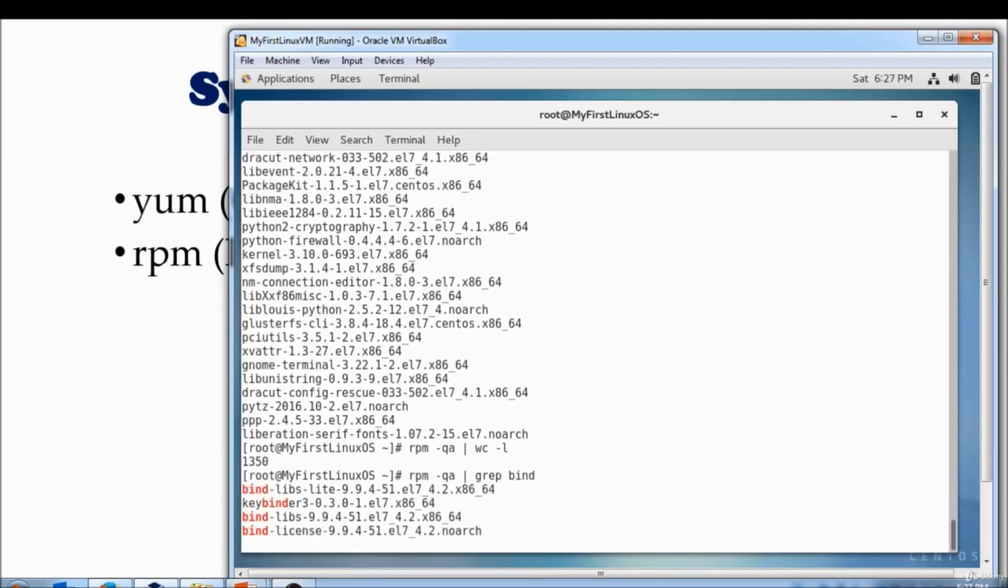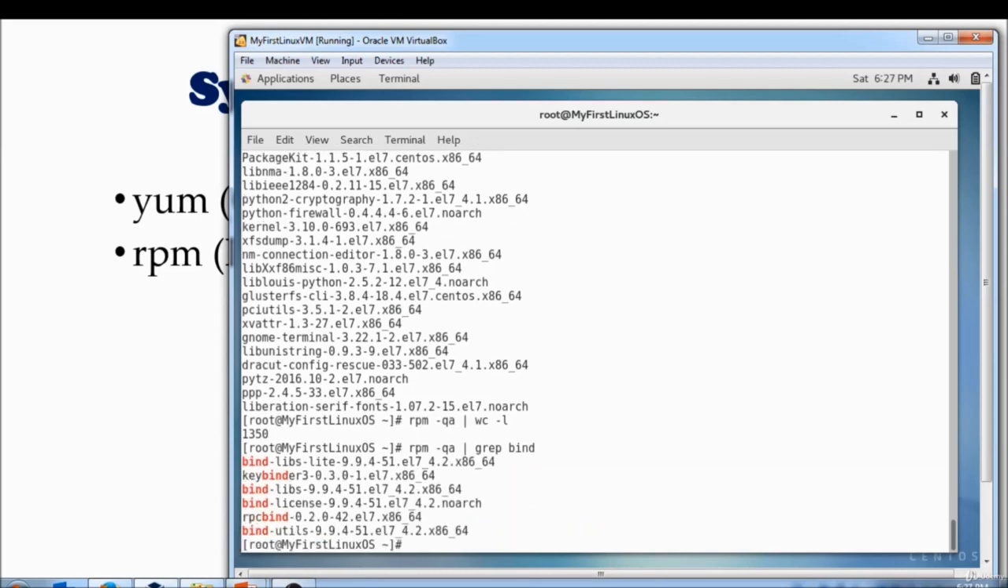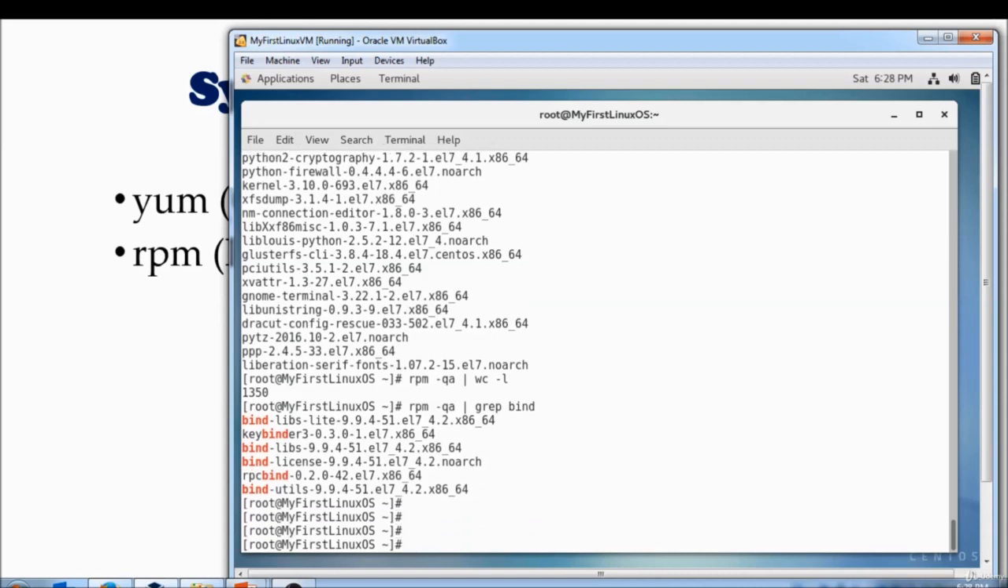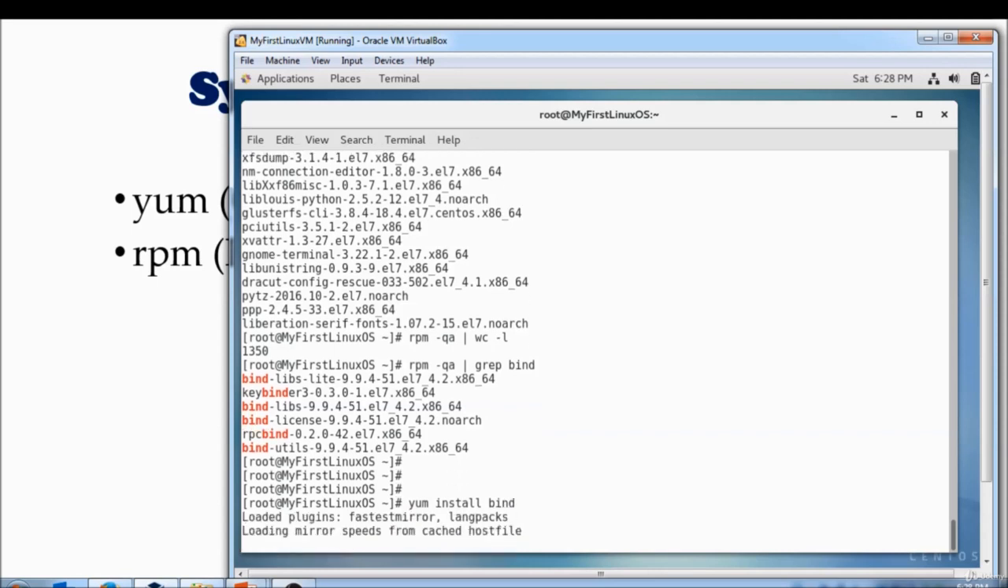I'll do rpm -qa and grep for bind only, and you will see here it has the bind libraries, key binds, bind libraries, bind license, rpc bind, and bind utilities. So there is no package with just bind. So it means I don't have DNS installed. So what I will do is I will install by running the command yum install bind. When I hit enter,